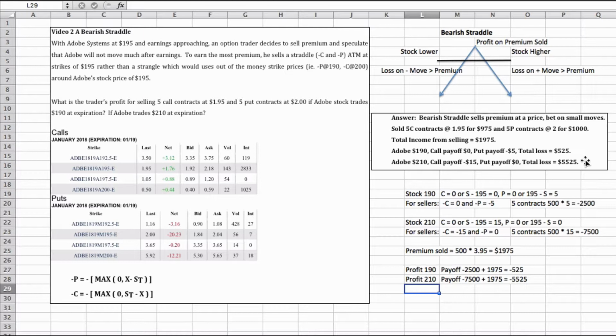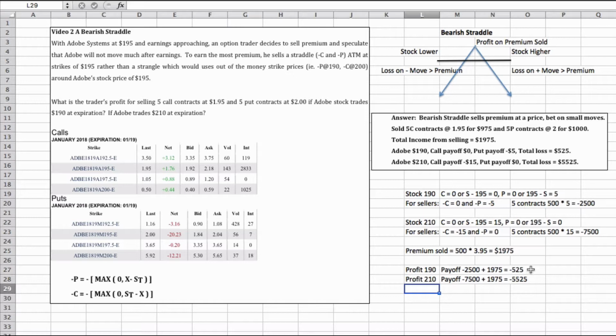If Adobe falls to 190, that's a $5 move. We only collected $4 in premium roughly, so we're going to have a small loss. We could see that at 190, the long call would be worth 0. The long put would be worth 5. We're sellers, however, so the short call is 0 still, but the short put is a loss of 5 times the 500 shares, $2,500 in loss. Recall that we had collected $19.75 in premium,